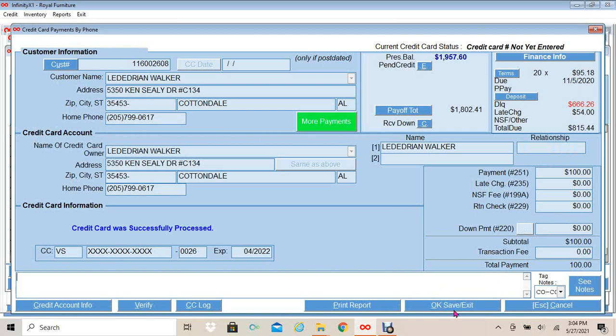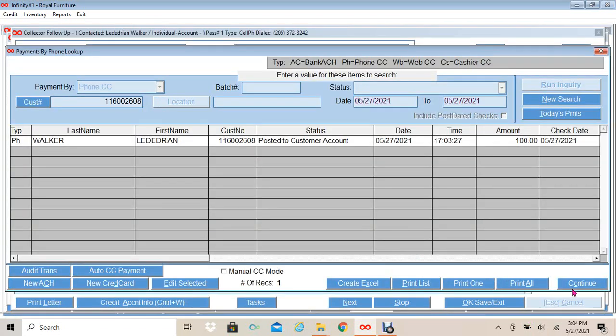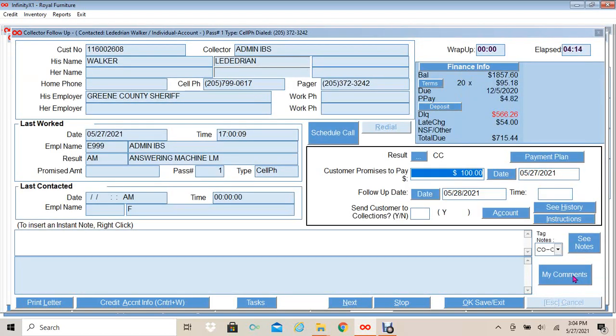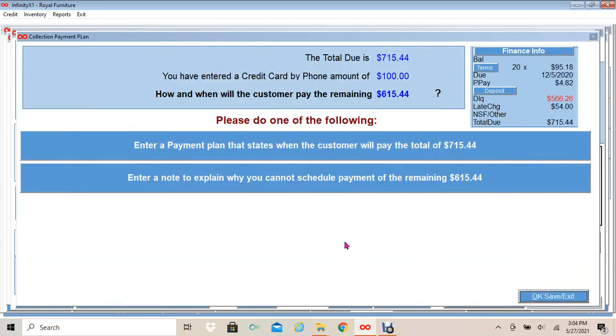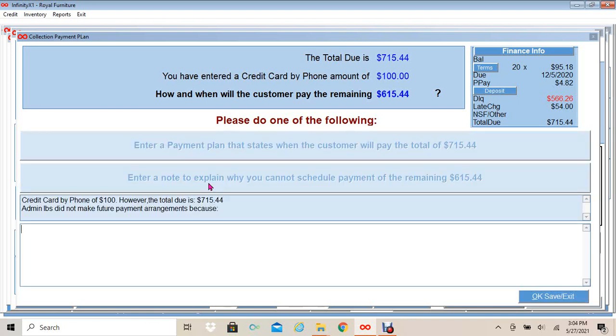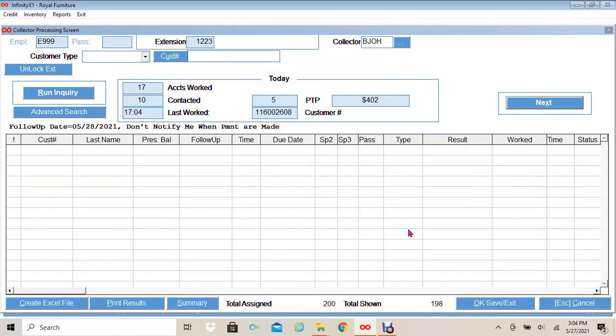I will click OK, save, exit. I will click continue. And it's already showing the payment of the customer. So I will go ahead and click OK, save. Since the customer is still past due $615, I did not do a payment plan for the customer, so I will go ahead and enter the note on why I didn't schedule a payment plan. So I can just enter customer will call back. I will go ahead and click OK, save, exit, and I have completed the first